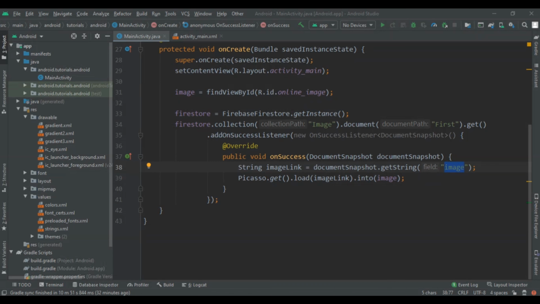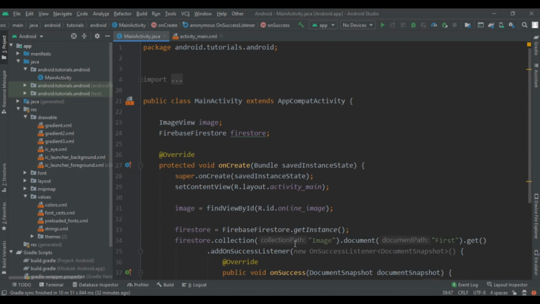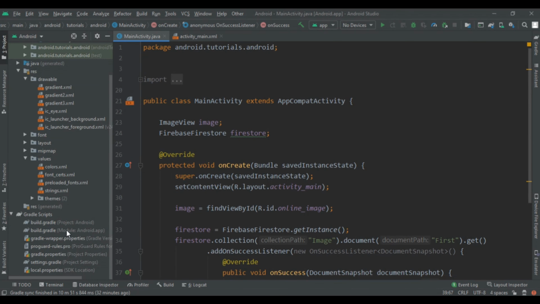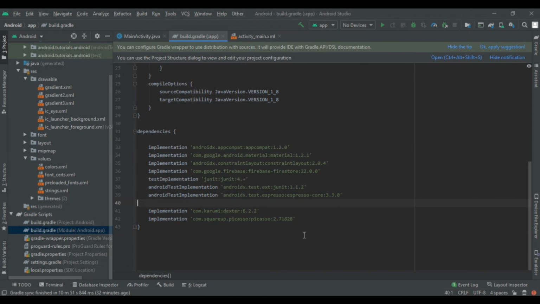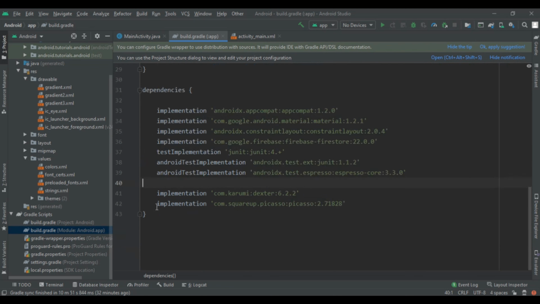So first let me tell you how we are going to add this. To add the Picasso library, we have to click on the build.gradle file in our app level module, and in that we have to find this implementation. You can see that here is that implementation. That is the Square Picasso library.